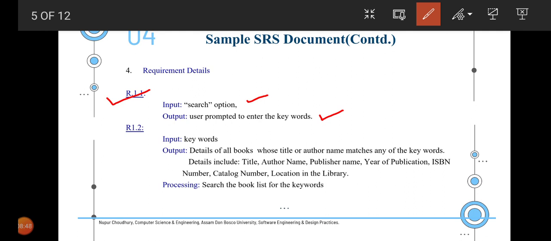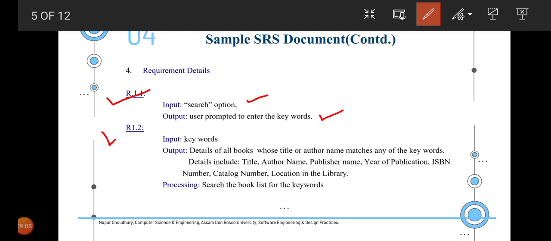So clicking onto the search option, that click itself is an input. Search is the processing, and output would be a pop-up where you will be asked to enter the keyword. That might be either the author name or any other such parameter that you want to select the books from.